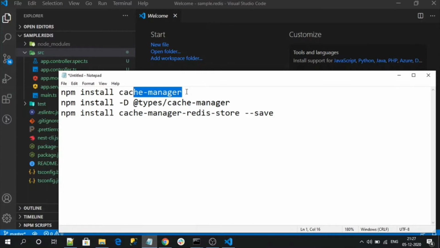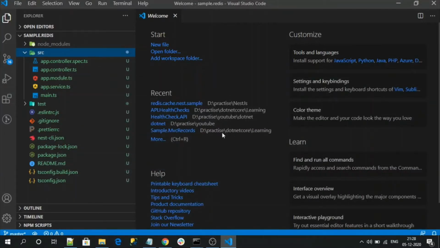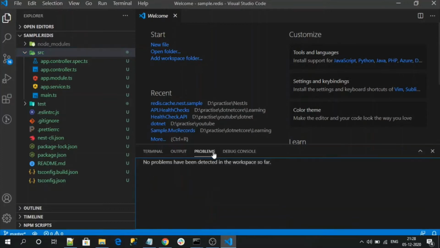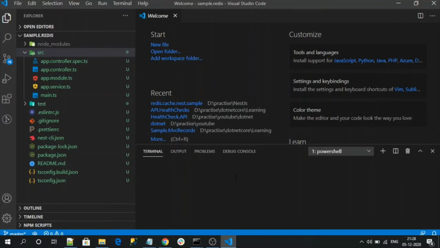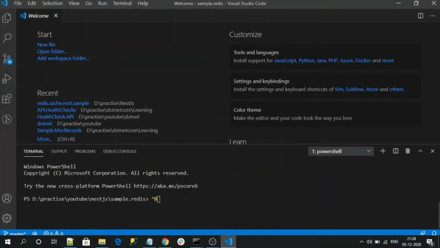So let me install this first package, the cache-manager package. Let's go to the terminal.